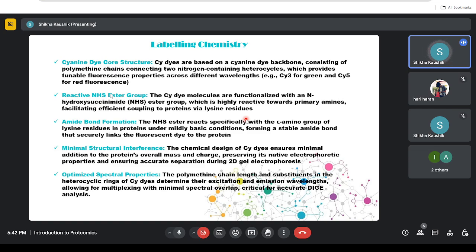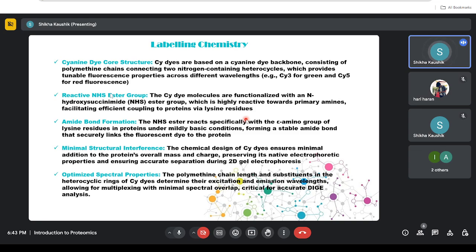You may use one kind of technique, so you can start with the gel based approach, and you may directly come to techniques that are associated with gel-free approaches. So you can mix and match these techniques and make your own workflow depending upon your requirement and availability of the samples. Then you have minimum structure interference, as I've already mentioned, because it's binding to a particular